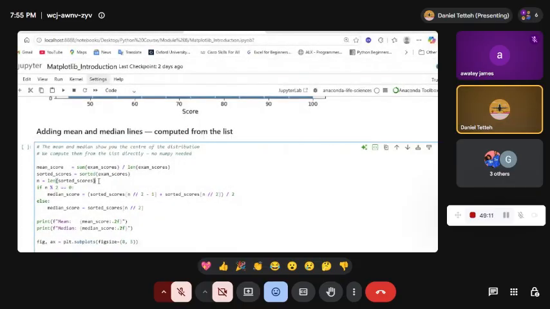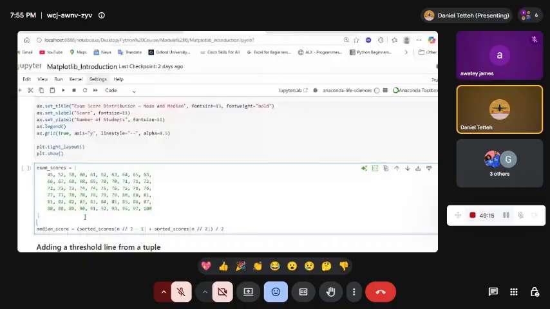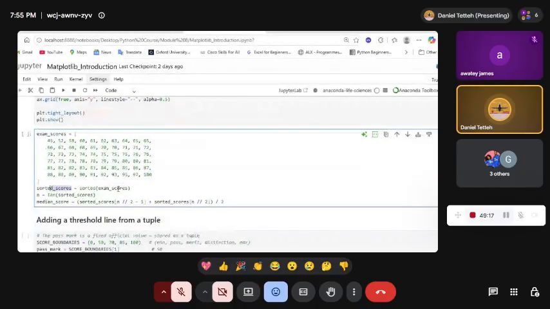All right, so sorted scores will arrange the scores from lowest to highest, because if you want to